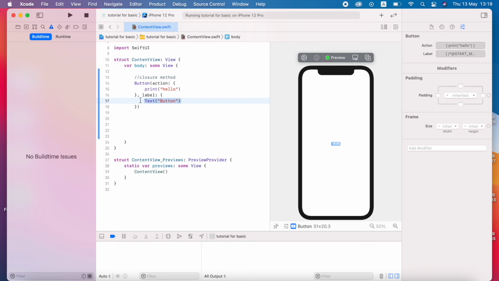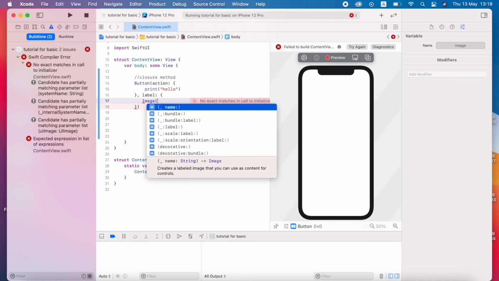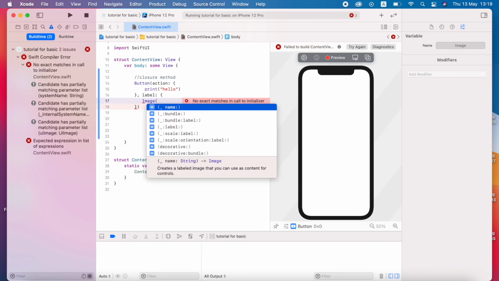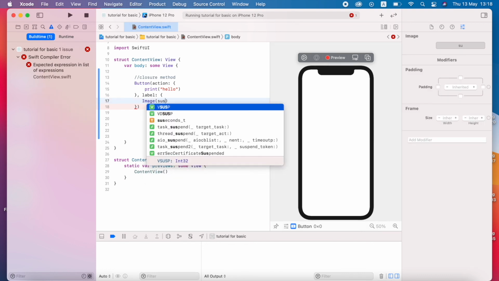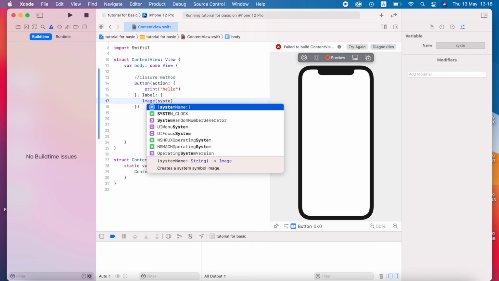So just imagine, I delete this text and I'm going to type Image. If you don't know how to add the image, just go through the documentation and see we can use multiple properties to add images. But in my case I'm not going to upload an image from outside, I'm just going to use one from Xcode. There is a default image called systemName.